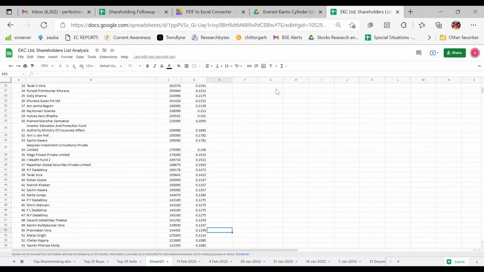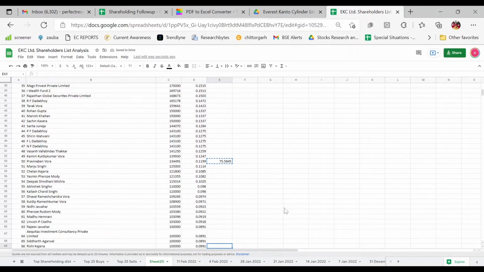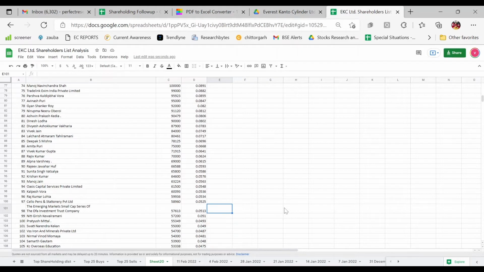So you can see what I did, I just remembered the above cell, which was D4, the first cell. Then I came to the 15th cell. I locked the D4 because I don't want to change the value of that cell. Then I just put in the cell value of the 15th number, which is Pravina Ben Vora. It is in D53. So I just put D53 and enter. Now the locked cell will help me to not type the formula again and again. I will just copy and paste it. So as the D4 cell is locked, the other cell is open.